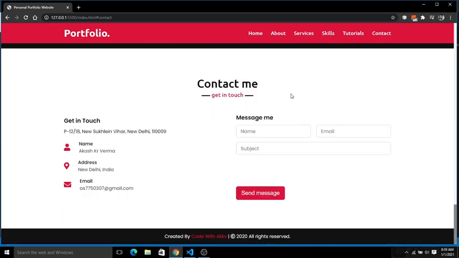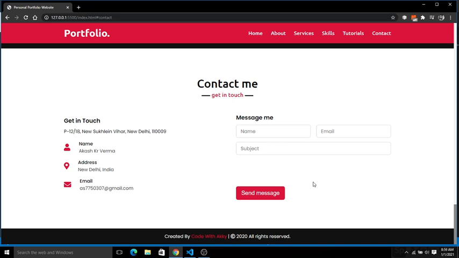the contact form. So basically this is the contact form, so guys can get in touch with you. Here you have name, email and subject, and you can simply send the message here. Basically this is a dummy, so nothing like a message sent appears here. You can simply add an SMTP feature here to send the message directly to your email. You can simply add it with the help of Firebase.